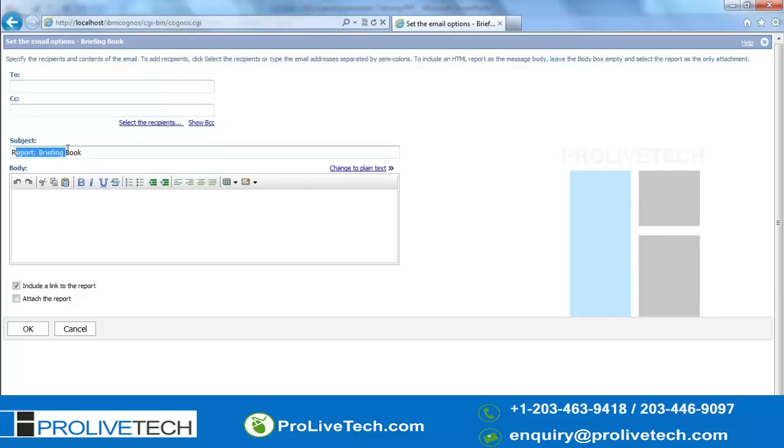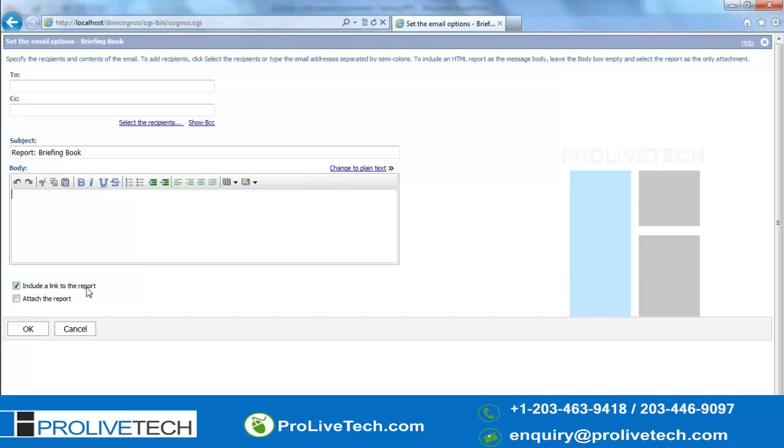And then the subject will be, by default, the report name. In the body you can mention what that report talks about. You will also have a facility to include a link to the report, in case the users have access to Cognos.